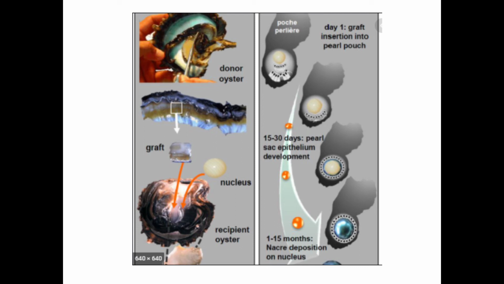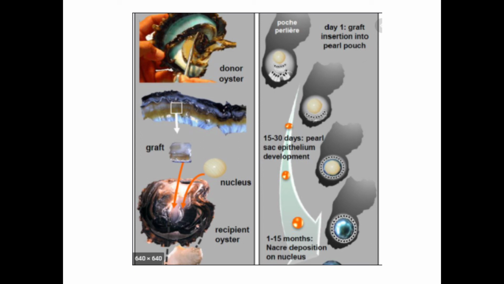Next one is the preparation of graft tissue. We need a nucleus, that means the foreign body, as well as the mantle epithelium. The mantle epithelium will grow over the foreign body. So we need a graft tissue. We use mantle from one oyster. This will grow around the foreign body. And next one is the nucleus. Nucleus is the foreign material we insert into the oyster.